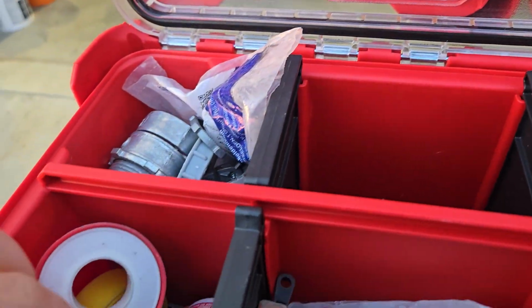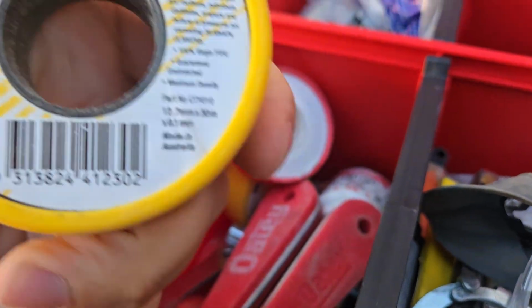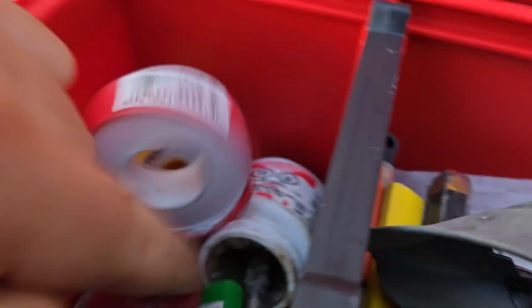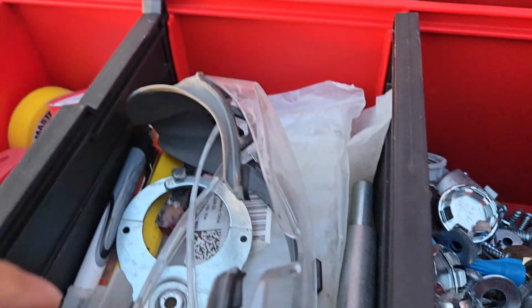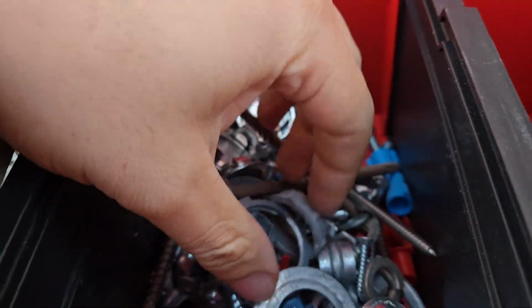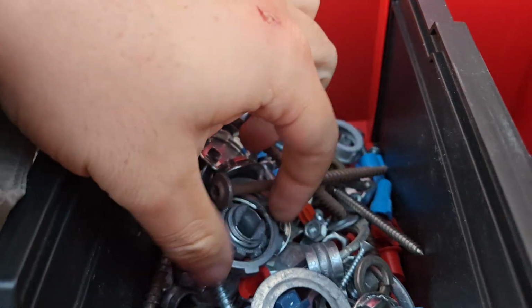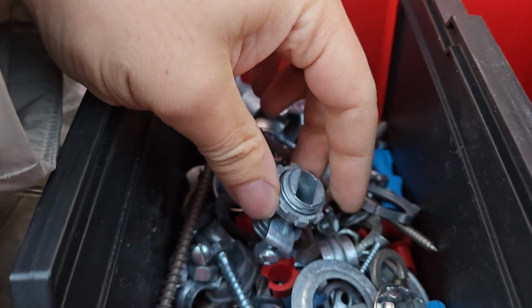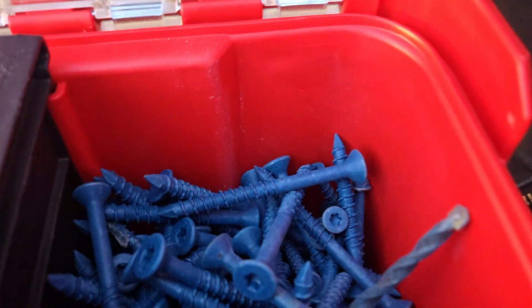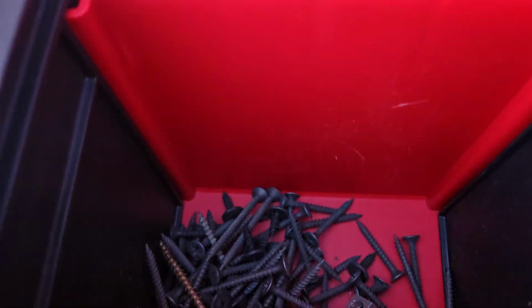And we've got some more. We've got various tapes. This is for gas sealing. And we've got brushes for brushing, and we've got the gooey stuff. And then here we've got some glasses. We've got a lockout kit. We've got a whole soup of electrical parts: washers, lock rings, BX connectors, self-tapping screws, concrete screws, shiny screws, dull screws, and then